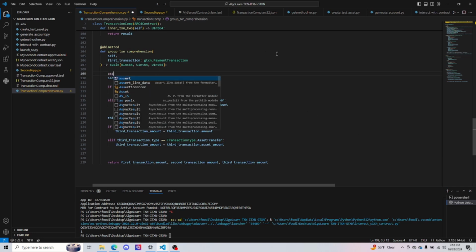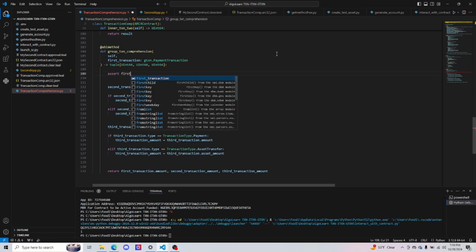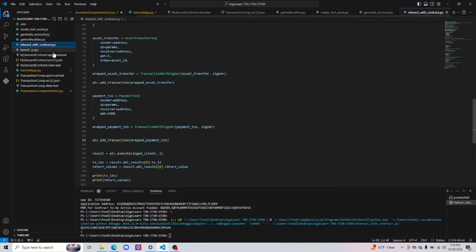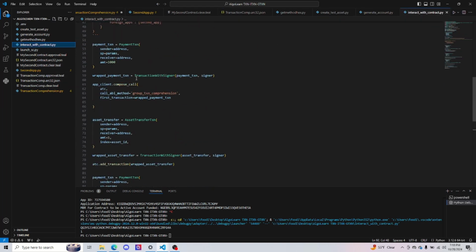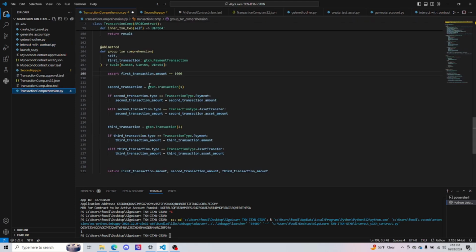And we can also add an assert up here that first transaction dot amount is equal to, let's say, 1000 microalgo, or 0.001 algo, which we have set already up here. And we can set that if it's a payment,